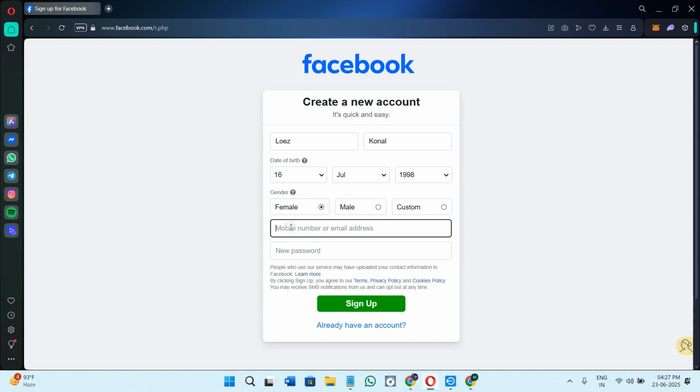After selecting it, you need to provide your phone number or your email address. So this should be the one that you want to use in order to create your account. After providing your email address and your phone number, you need to create a strong password for your account. Now, after filling this form, simply click on the sign up option over here and wait for it to show